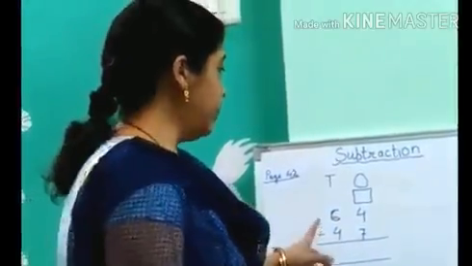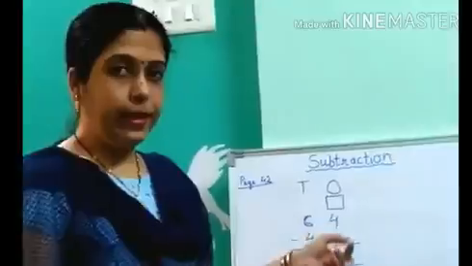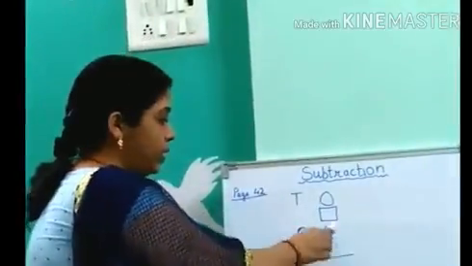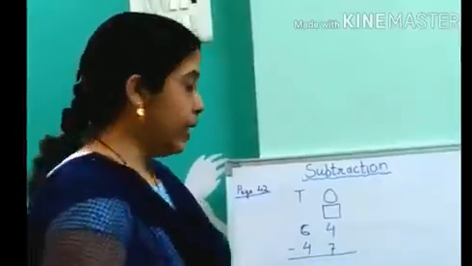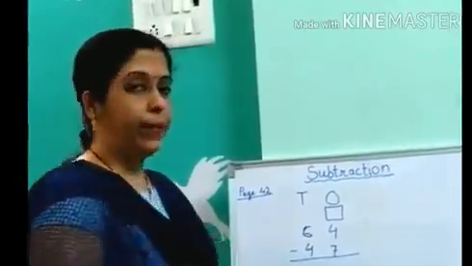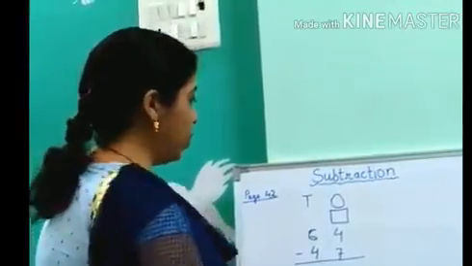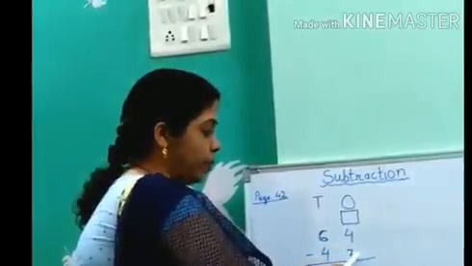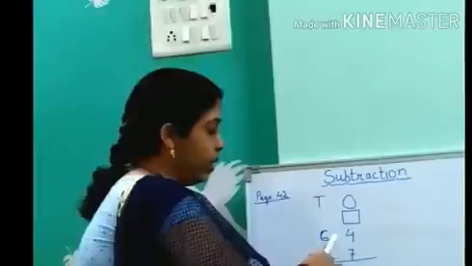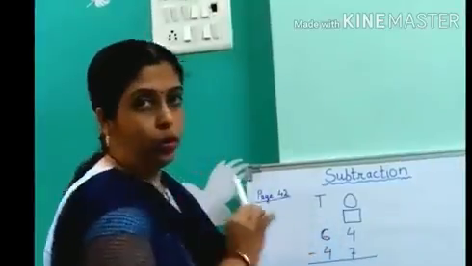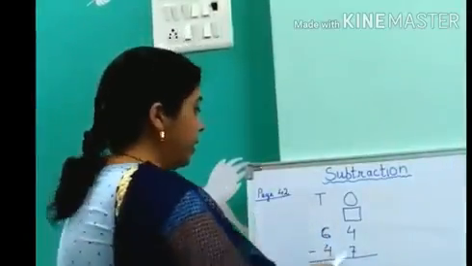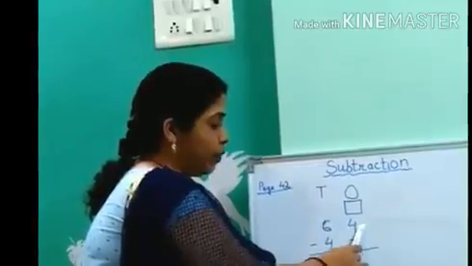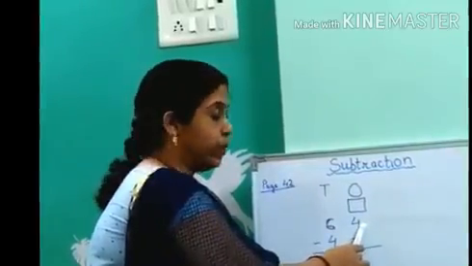Okay. Just now we learned how to subtract a single digit from a double-digit number. Now here we are dealing with 2 double-digit numbers. Here also we are going to apply the same rule. If more on the top, no need to stop. If more is at the bottom, we have to go to the next door and we have to borrow 1 tens. Okay children? Here also you can see we have to subtract 7 from number 4, which is not possible